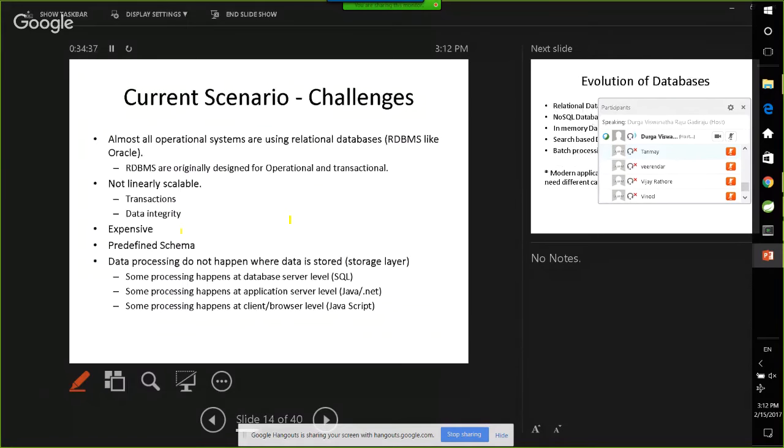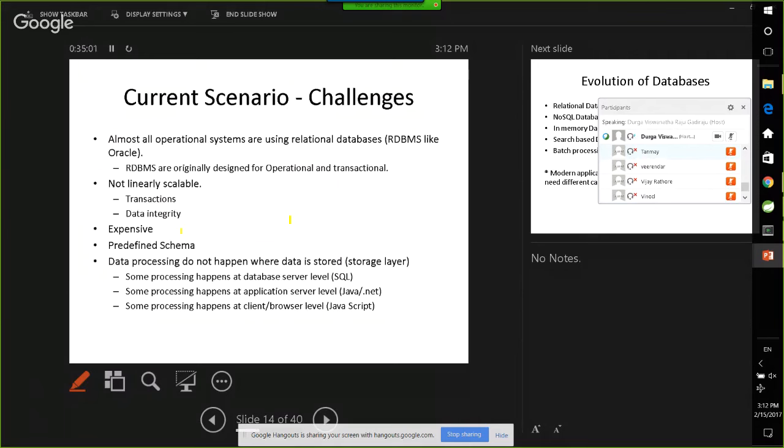So data processing never happens where the data is stored. The processing happens at the database server level sometimes when you run the query. If it is a Java project with J2EE and all, if you have server side coding at the application layer, some processing will happen, and then some processing will happen at the browser level.